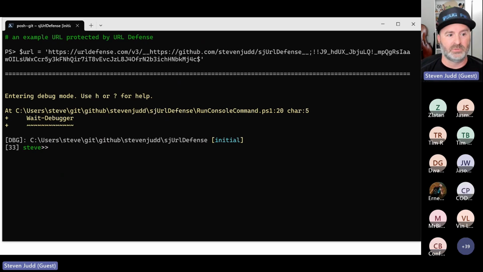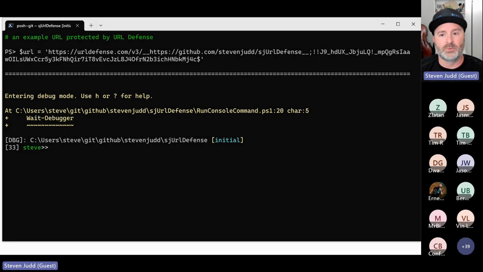Great. All right, sweet. So I'm playing a little game here with the console and the output, and I'm using wait debugger here to stop the script so that I can talk through it. What you're getting is the comment up at the top, and then a command that's going to be executed, and then you get the double lines to tell you that's the end of the command. Okay, so just giving you the lay of the land for what I'm doing here. And now that it's gone to wait debugger, I'm going to press C so it continues on.